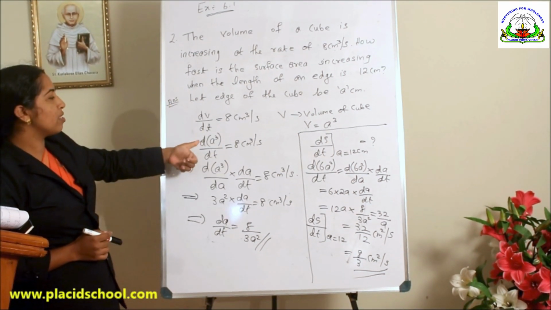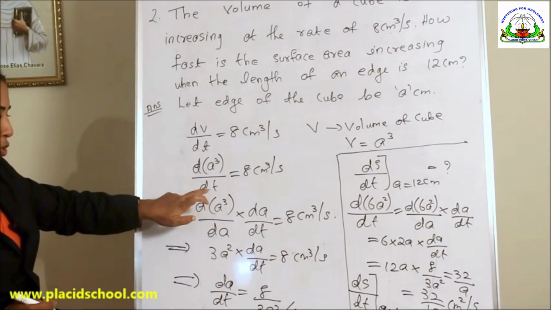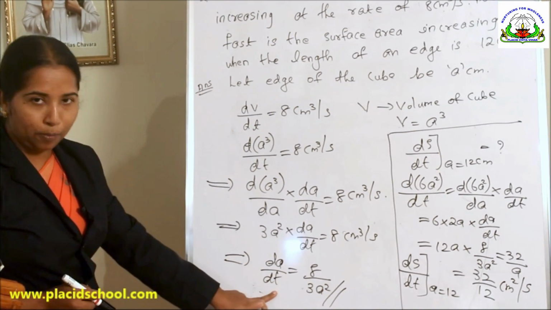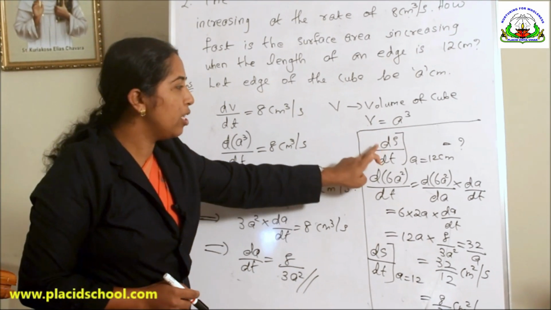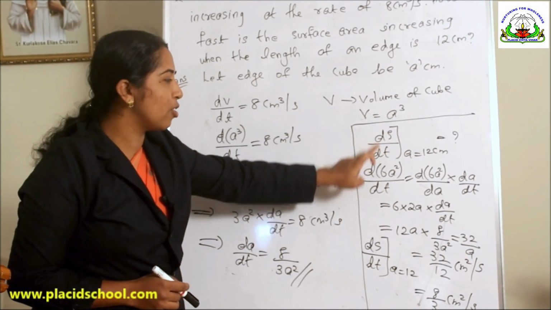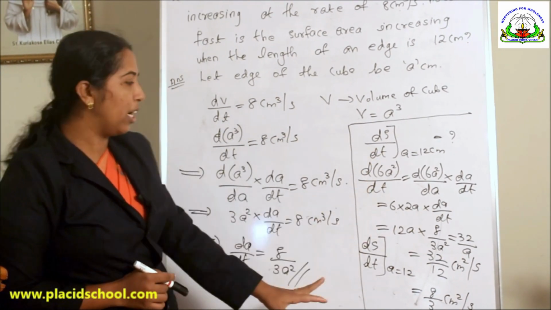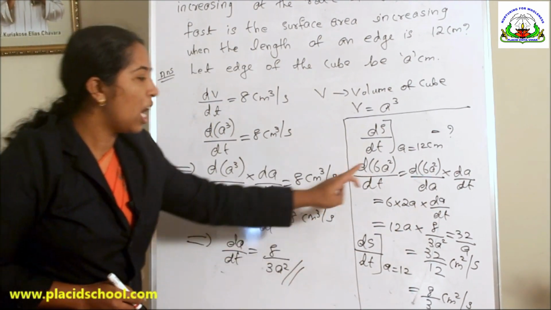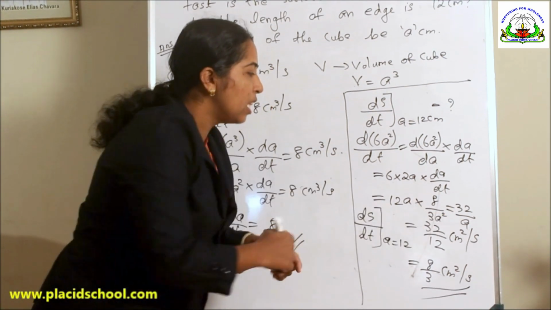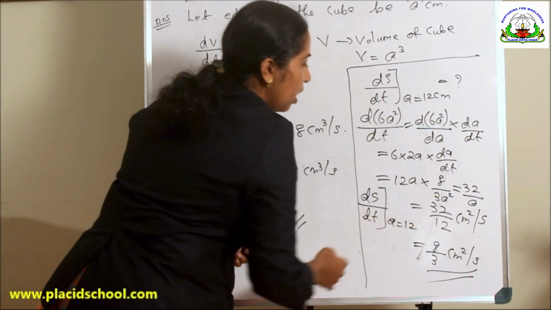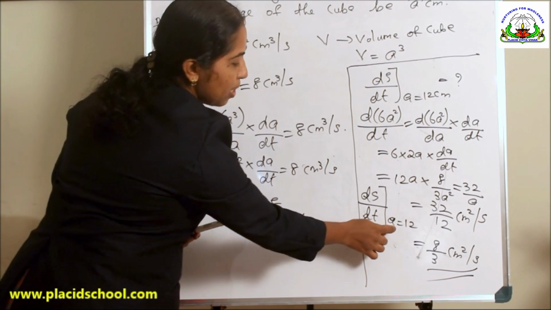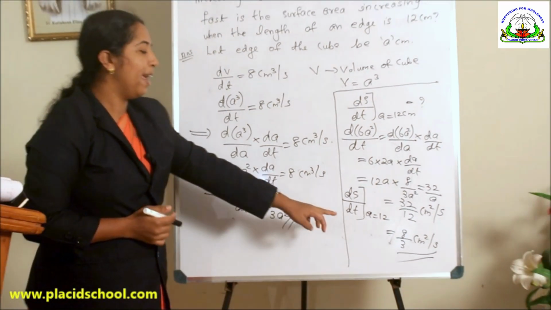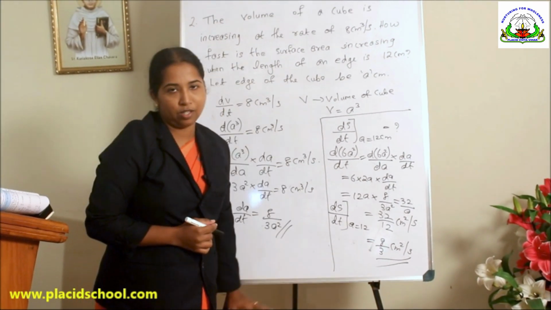So, what we are doing first is, we differentiate volume with respect to time using chain rule, find dA by dt from that. Again, we are coming to the question, we are differentiating surface area with respect to time again by using chain rule. Substitute for dA by dt from this step. After simplification, you will be getting 32 by a. Now, in order to conclude the answer, you have to substitute 12 in the place of this a, and on simplification, the final answer is 8 by 3 centimeter square per second.